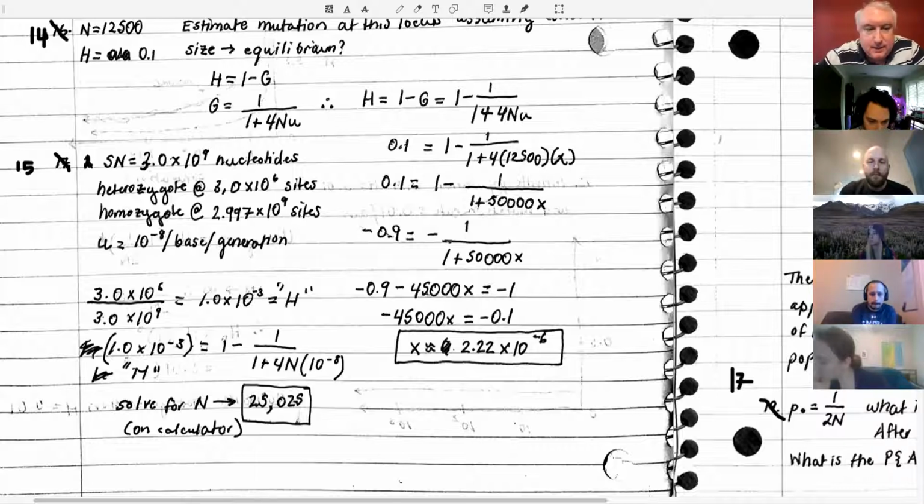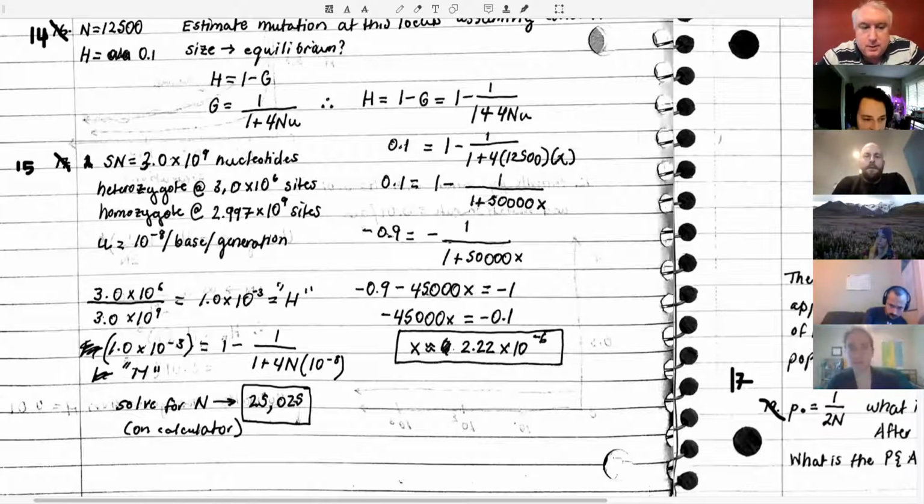Let's see. Hold on one sec. I'm going to pull up the little Word document just to make sure I'm referencing the right thing. Okay, so it says in here that you sequence a single diploid individual with 3 billion single nucleotides, and then you observe that this individual is heterozygote at 3 million of these sites and homozygote at the rest. So in this case, what it looks like I did was